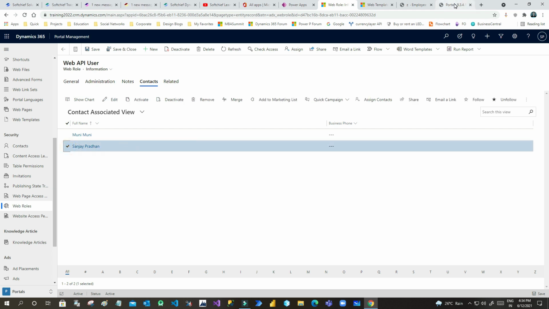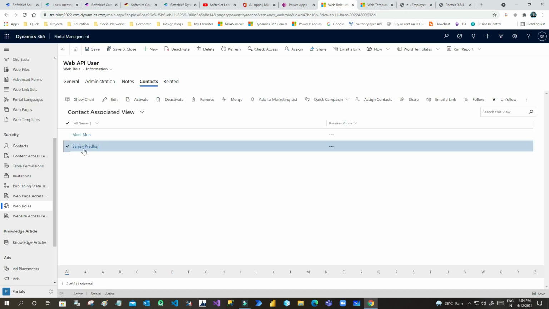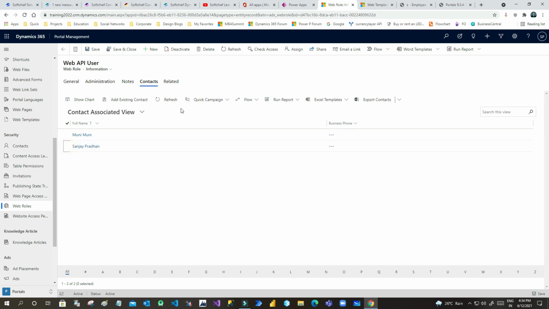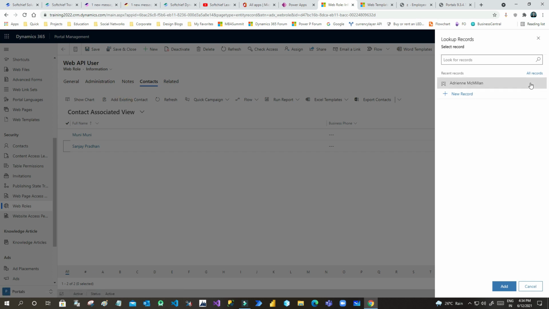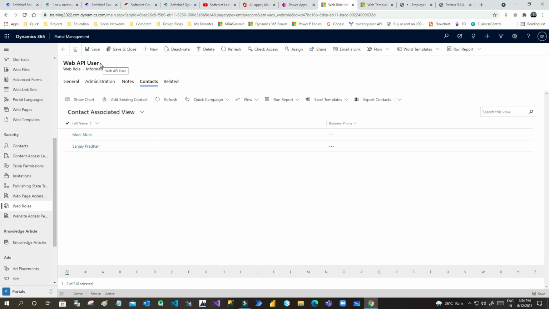Whenever I log in here, you can see this is my name because I have logged in. I want to associate this person with this web role, so I have allowed this user, this contact, for this web role. If you want to add more users, you can just click on add existing contact, and you can add more users here, so that this web API user web role will be assigned to that user. Otherwise it will not work.